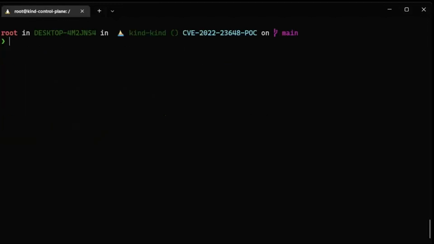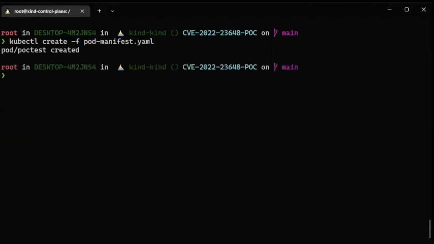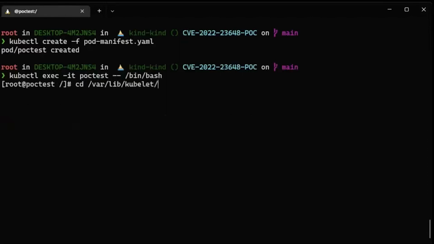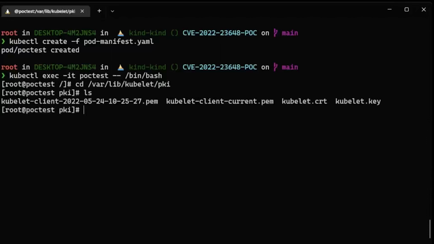So what we're going to do is create that manifest inside the cluster, and then we're going to do exec -t and actually execute into the container, and then look inside that directory. Now typically this image shouldn't have any files in that directory, but with this vulnerability it's been possible to copy those files in from the underlying host, and we can see that if we do this, and here you can see we have the kubelet's private key. So because this cluster is vulnerable to this issue in containerd, it's possible to get access to privileged files from the underlying host.